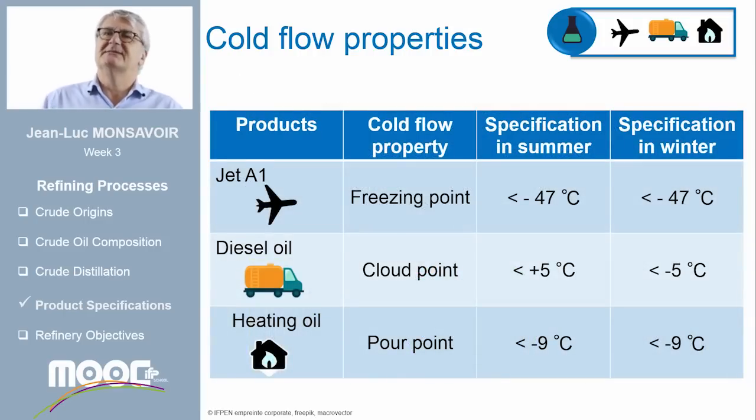Different types of tests exist to determine the cold flow properties of petroleum products. The test and the specification depend on the product, the country, the climate. They are not the same all over Europe, for instance. This limit also changes with the season. Take time to read the table, which summarizes some specifications applicable to France for cold flow properties of Jet A1, diesel